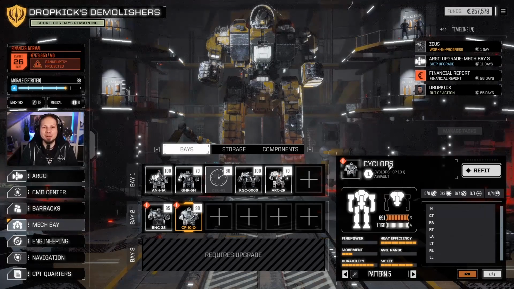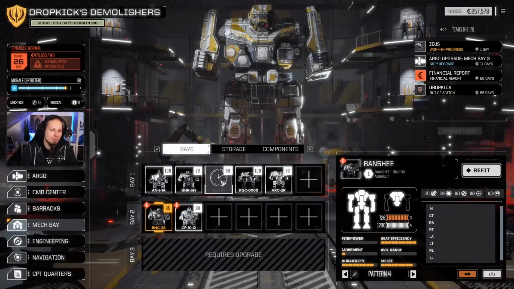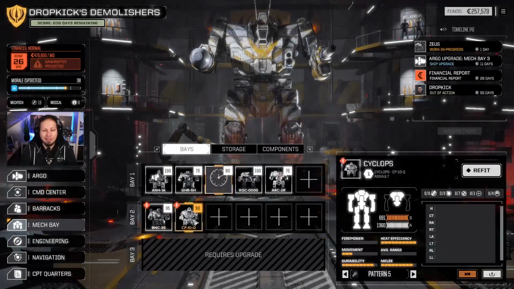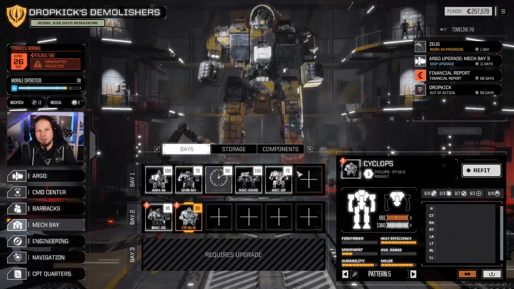Welcome to another episode of Battletech Heavy Metal, and today guys we are taking a look at our new mech. We got a Banshee now, and I think I actually want to replace my Zeus with the Banshee because the Zeus is really bad. And then we also have a Cyclops, which is also not that great of a mech